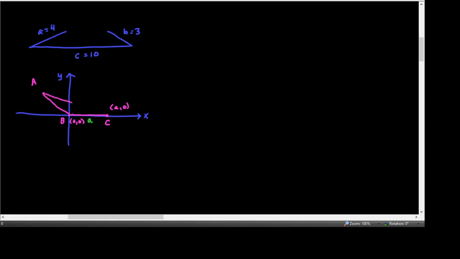So if that's A, and that's side a, well, that makes sense. They're across from each other. So this is side b, and this is side c. Okay. So if we were to look at the length of the segment that would go from point A down to the x-axis at a perpendicular, that's some y value,